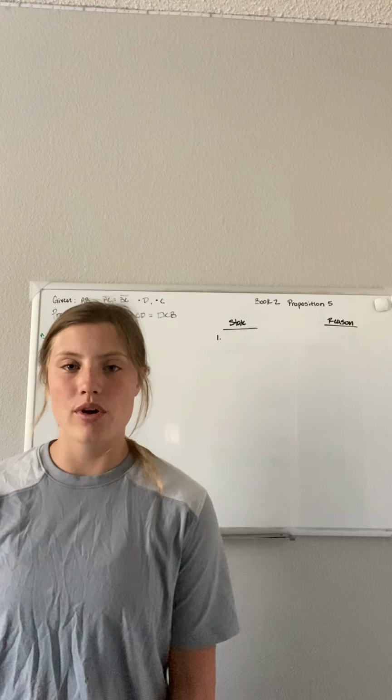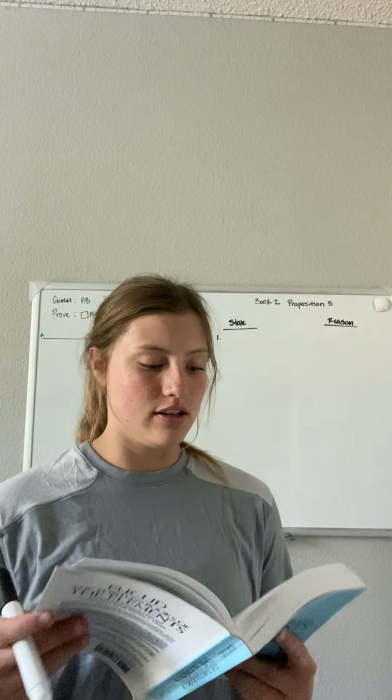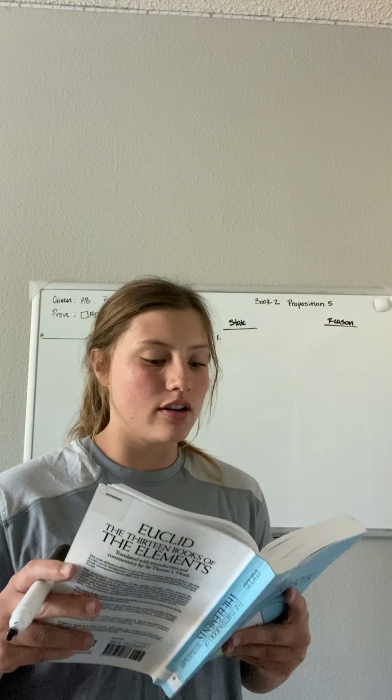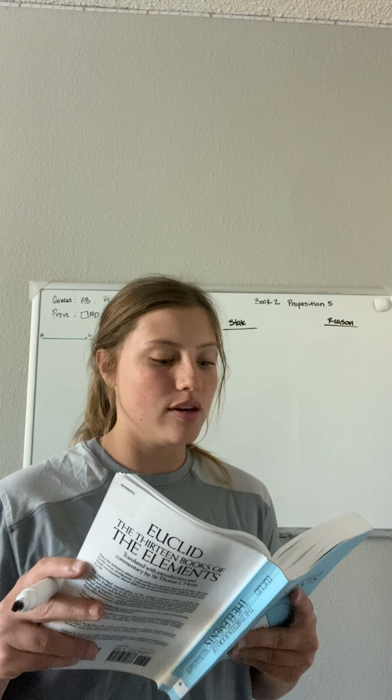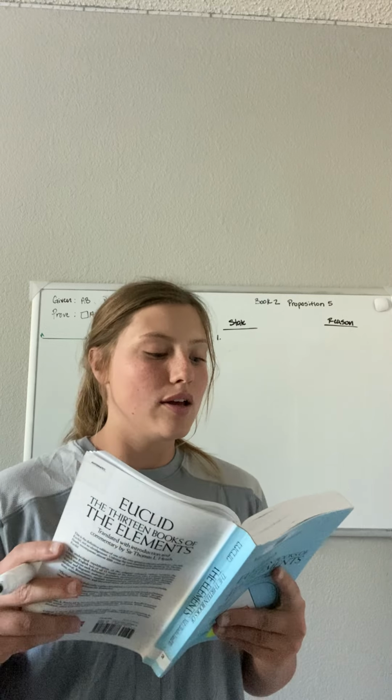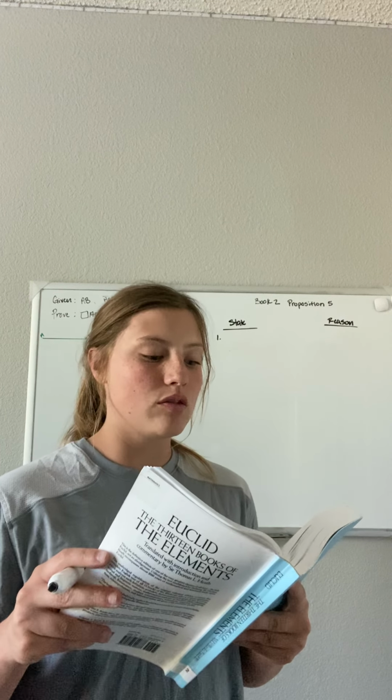Hey guys, so today we are doing Book 2, Proposition 5. I'll read the enunciation real quick. If a straight line be cut into equal and unequal segments, the rectangle contained by the unequal segments of the whole together with the square on the straight line between the points of section is equal to the square on